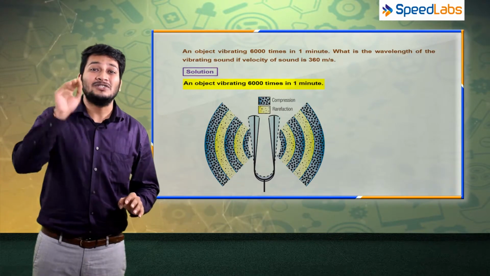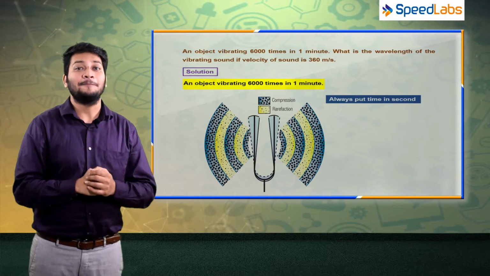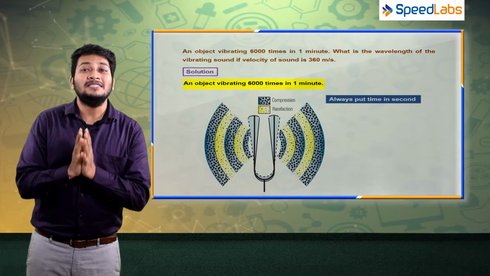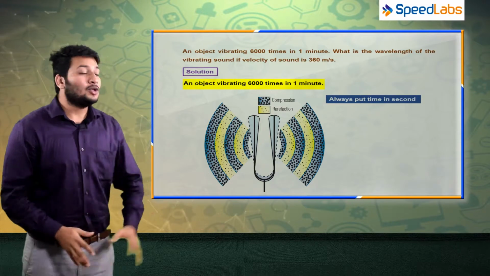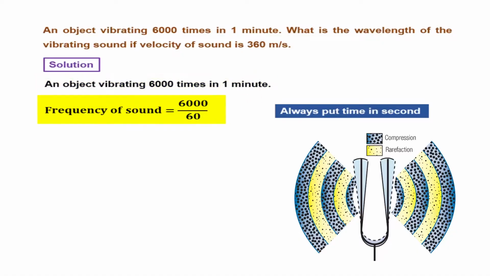आपको time को seconds में convert करना है. So make 1 minute is equal to 60 seconds. तो आपकी frequency क्या आएगी? 6,000 upon 60, that is 100 hertz. So आपको frequency यहाँ से मिल गई and velocity of sound is given to you and you are supposed to